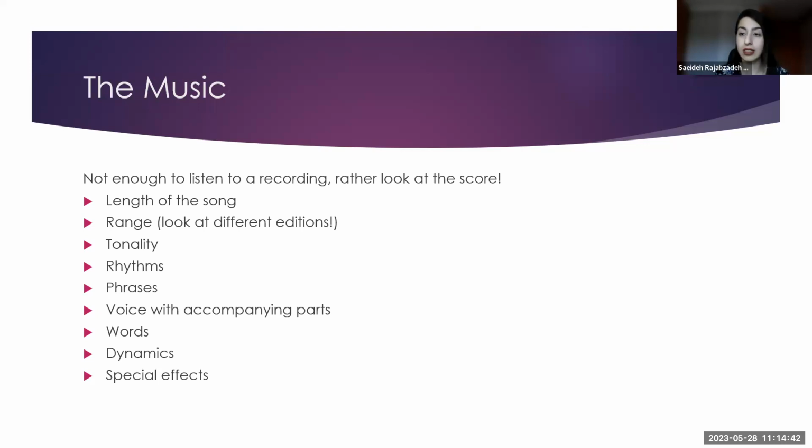Look at the tonality. Sometimes you might sing more contemporary music. It might be different. If you grew up with Western classical music, you might find a specific tonality is easier to sing. If you grew up with Middle Eastern music and quarter tones, maybe you'll find modal music actually easier. Look at the rhythms, look at phrases. Are there a lot of long phrases that you're expected to have really great breath control to sing? Are there very short, staccato, fast passages?